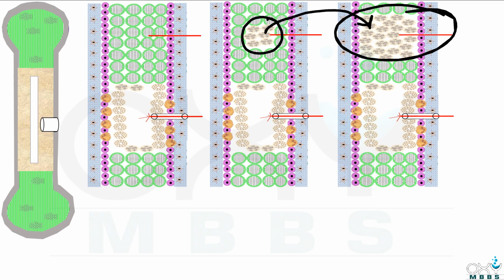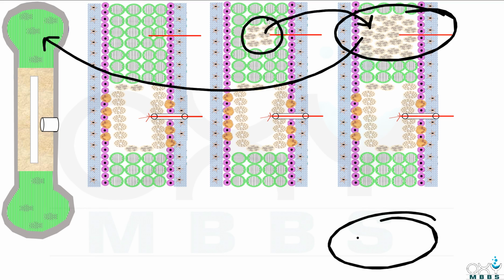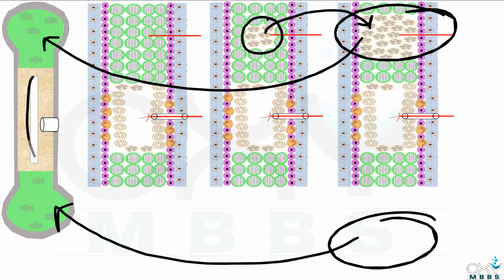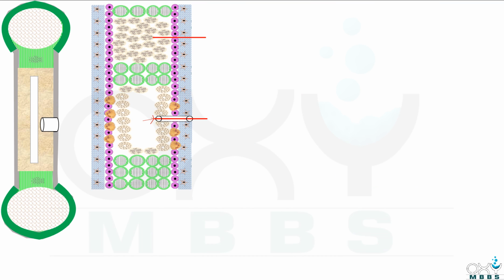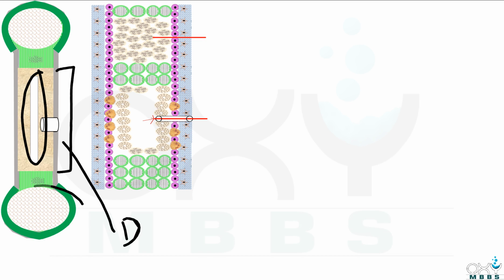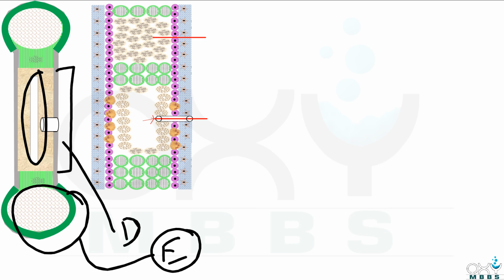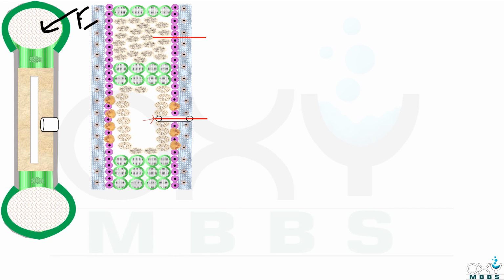One at this end, that is this one, and one at this end, and this is the medullary cavity, and this is compact bone tissue, and this is the periosteum, this is the nutrient foramen, and this portion of bone which has the medullary cavity is called the diaphysis, and these ends are called epiphyses. One epiphysis at this end and one at this end. And this periosteum is present throughout the bone except at the ends of the bone where articular cartilage is present.